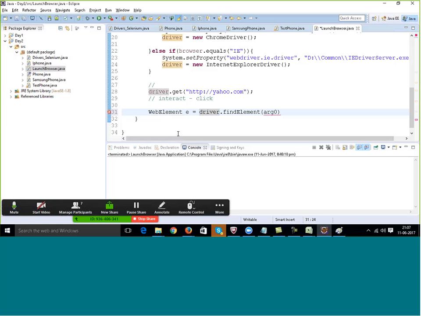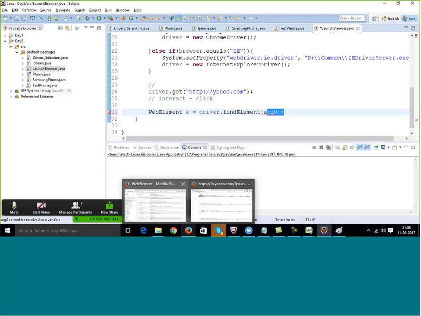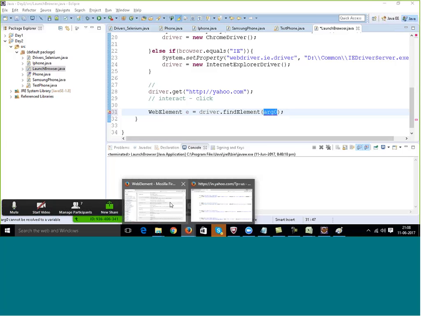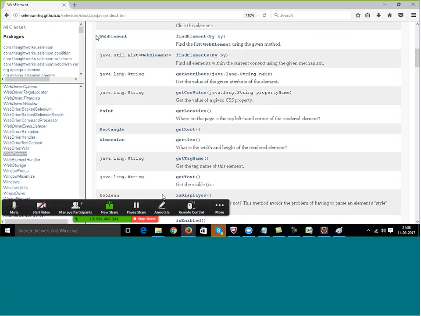Now, on which criteria do you find the web element on the web page? For that, there is a class By which helps us. Now, if you look at anything on the web page,